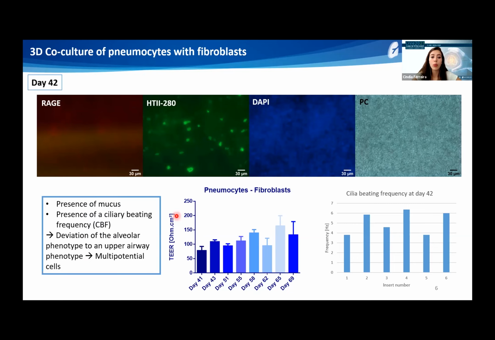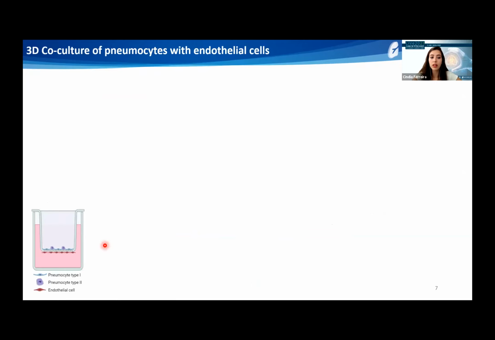So from the presence of mucus and ciliary beating frequency, we can see that there is a deviation of the alveolar phenotype to an upper airway phenotype, which might suggest that our cells are multipotential. Our third model, containing the pneumocytes on the apical side